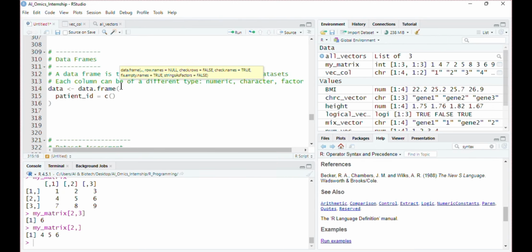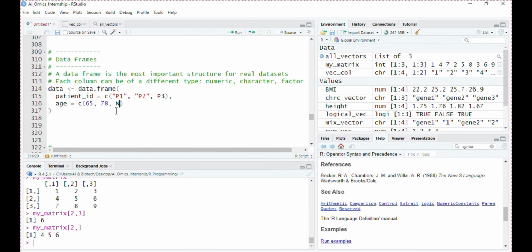These are the values that will be filled in this patient ID column. The age column again has the same number of elements. We have 3 patients, so ages must have the same number of values. If we have any missing data, we insert NA. It means not available, or a missing value.